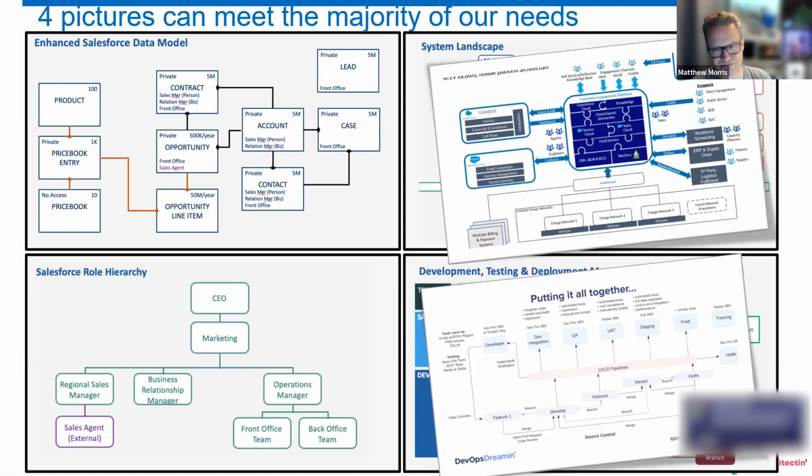But what we can do, regardless of the tool we use, is to make sure that we add some extra information on that diagram, and we'll touch on details in a sec. The second one is some kind of a system landscape, and these can take several flavors, but really, what are the systems involved? How do they interact? Typically, if it's a Salesforce project, it's going to be a Salesforce diagram at the center, and then the other